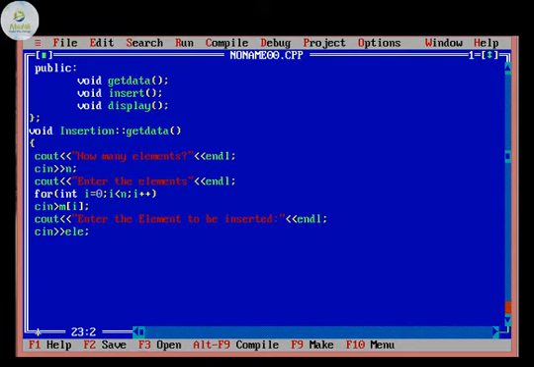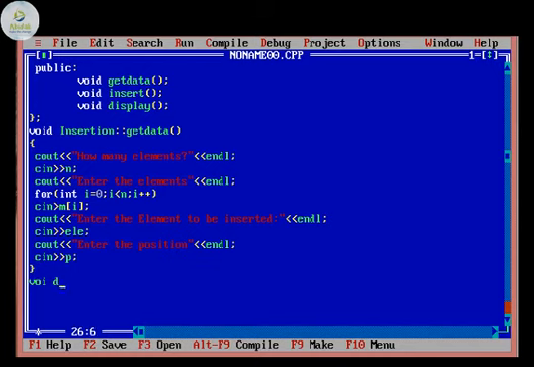In the algorithm we have taken item, but that doesn't make any difference, you can even take item over here. Cout, we need to know where the element has to be inserted, that is the position. Enter the position of the element where it needs to be inserted. Then cin, we take the P value, that is the position where the element needs to be inserted. This is all the information that getdata will take.